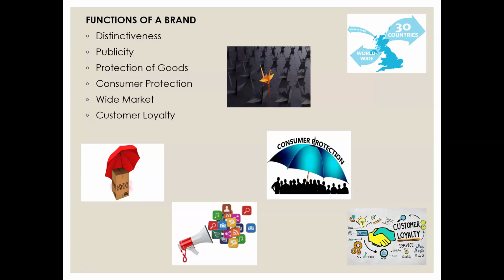So we saw the functions of a brand from the seller's point of view. It adds distinctiveness to their products and to their services, and it's a kind of publicity. It's a protection of goods, copyrights and patents. It's also a consumer protection, because they can identify their customers, that is, whoever has bought the products. Consumers see the brand as an entity of quality, and it can help sellers reach a wide market and